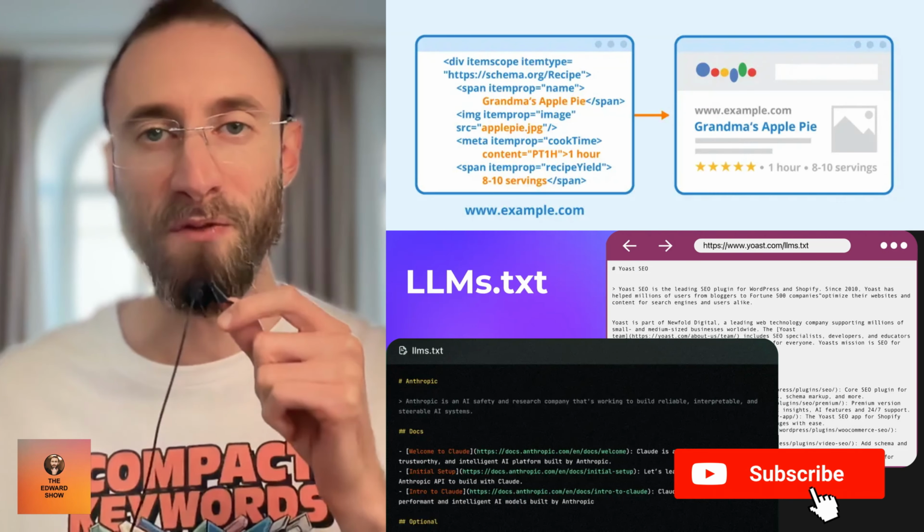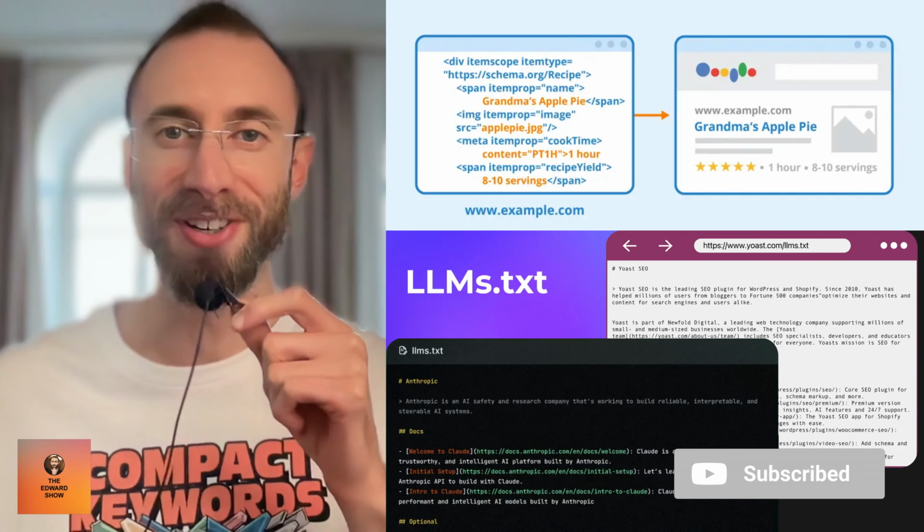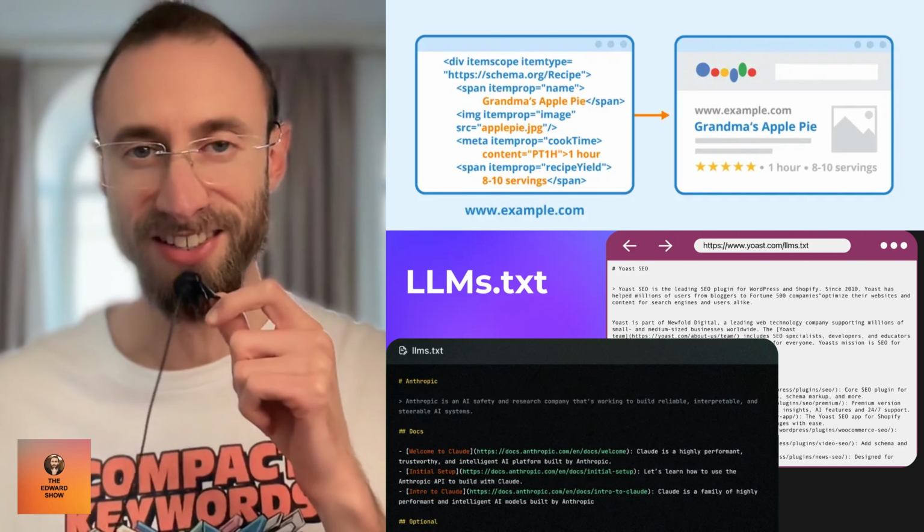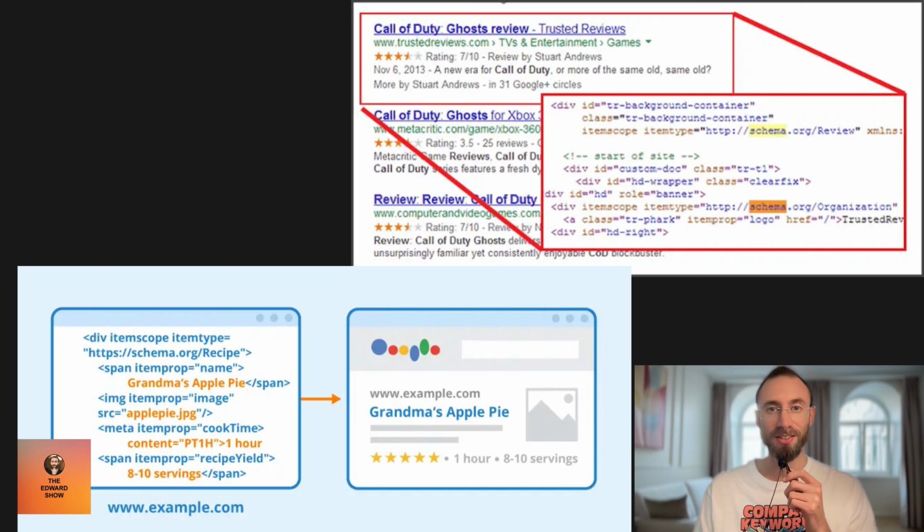Let's talk about some very niche technical SEO. We're going to talk about niche schema and the new LLMs.txt. Niche schema and SEO. A lot of you probably know what schema is, or you've at least heard of it. It's structured data markup, and it helps search engines better understand and display special content in rich results on Google